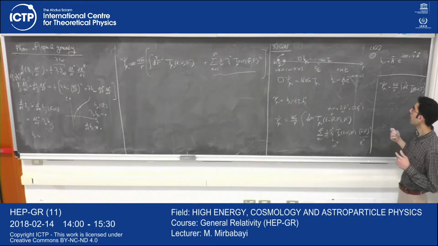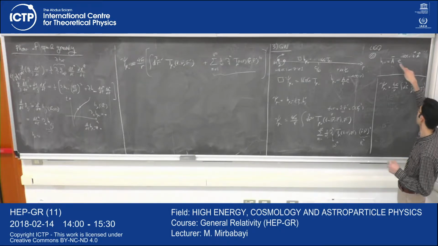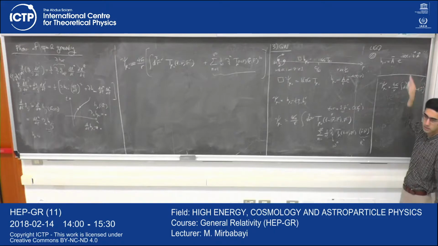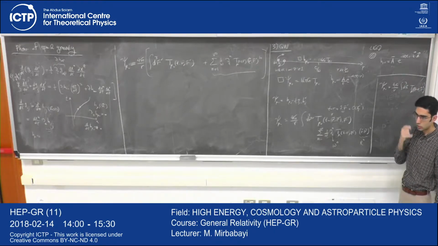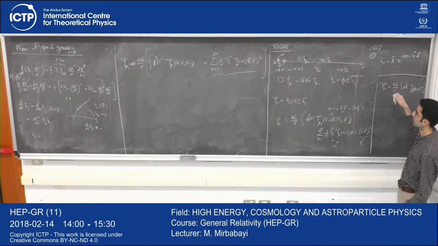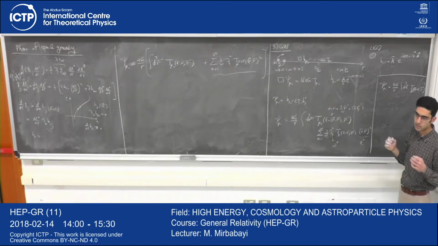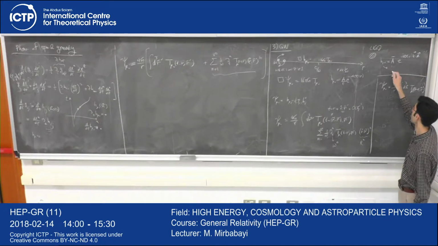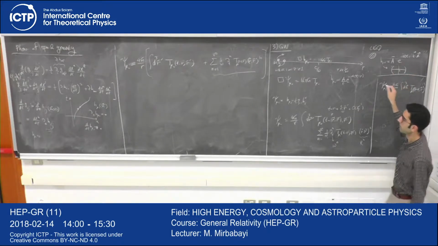So for a field that propagates, a plane wave along k, you can use the linearized diffeomorphism to bring it into a special form, which is this spatial transverse traceless form. So using the linearized diffeomorphism, this Hij can be brought into a form that has zeros everywhere, except in the